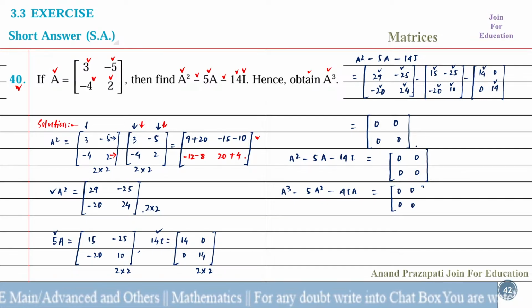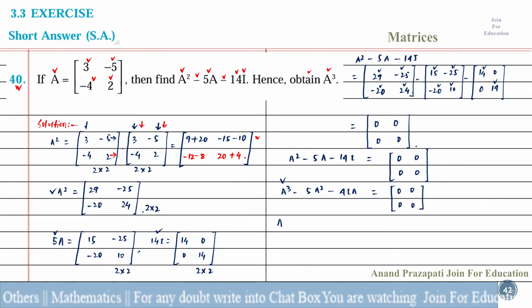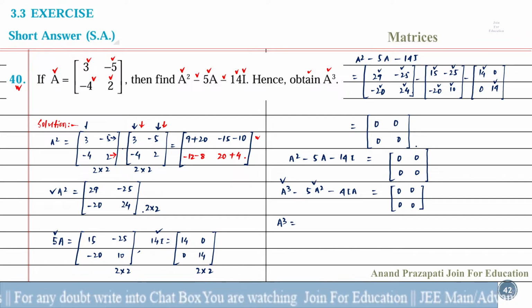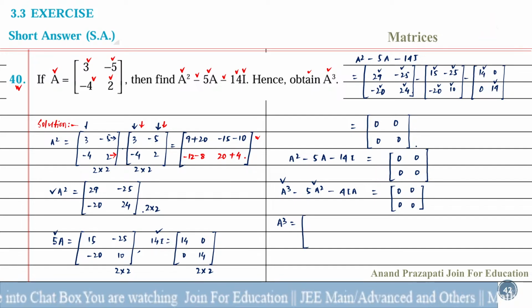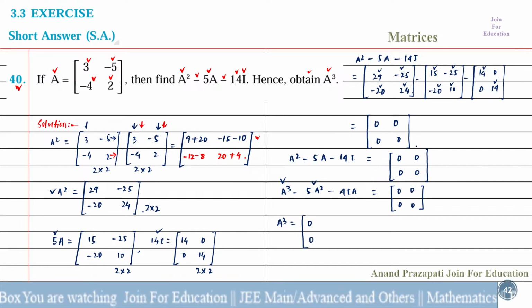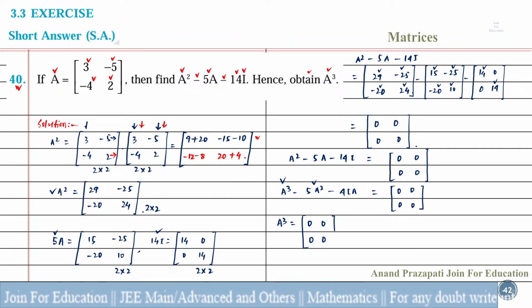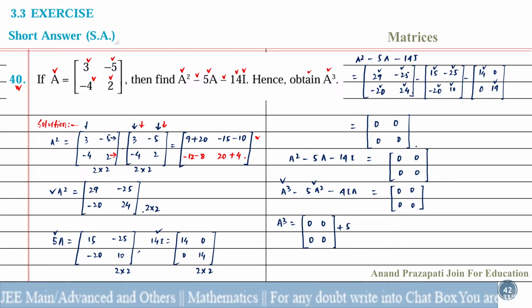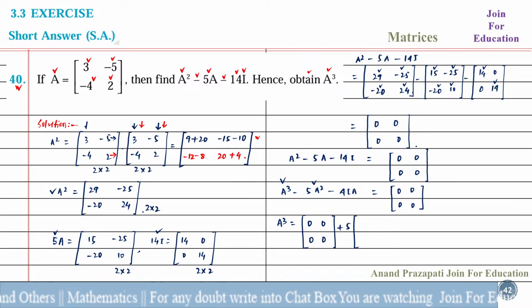Therefore a cube equal to, when we move this one in the right hand side, then we get here 0 0 0 0 plus 5a square. It means that the value of a square is